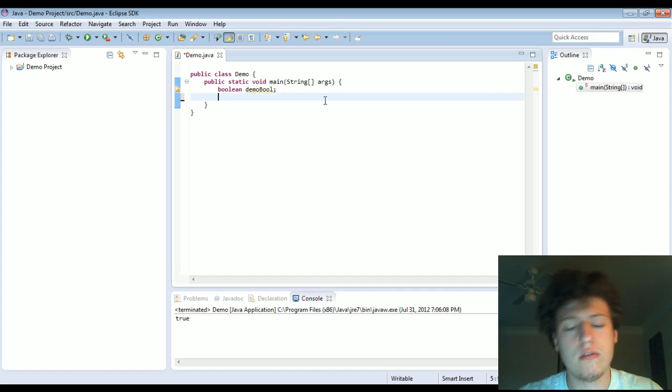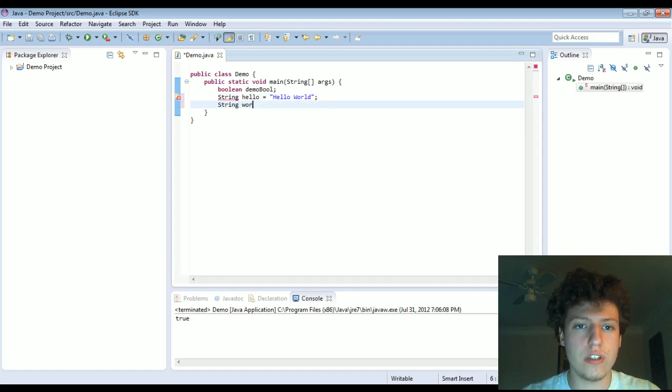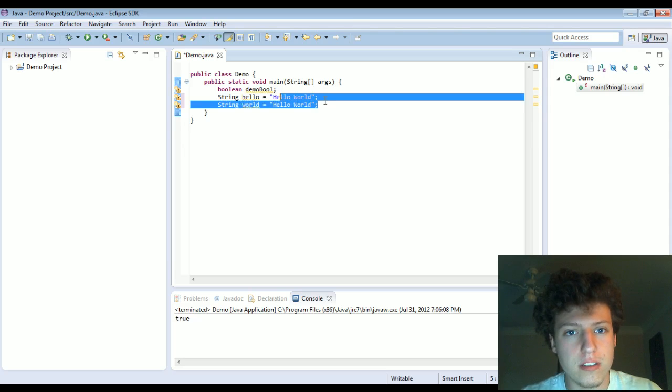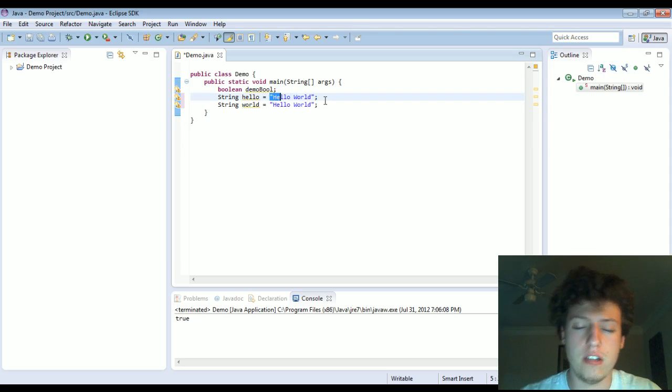Let's see. What's a good Boolean operation? A lot of them will be comparisons, but they'll also be functions. But for example, if you had, let's say, a string named hello and a string named world, both "hello world". Okay, we're gonna jump into something that's a little different, but it goes along with what I just said about